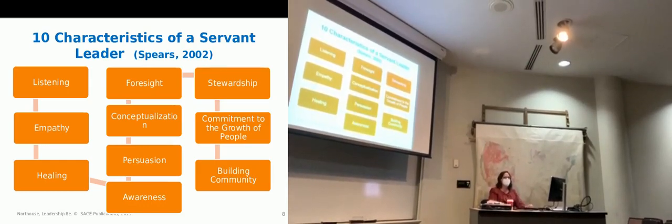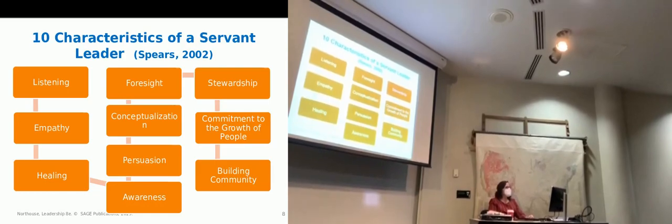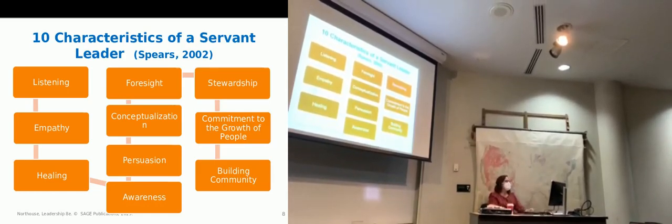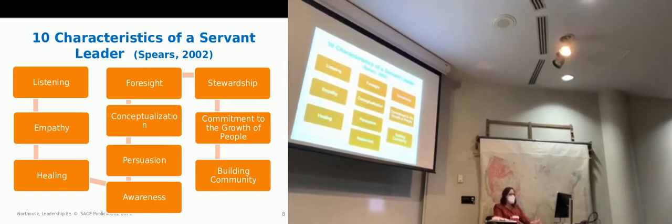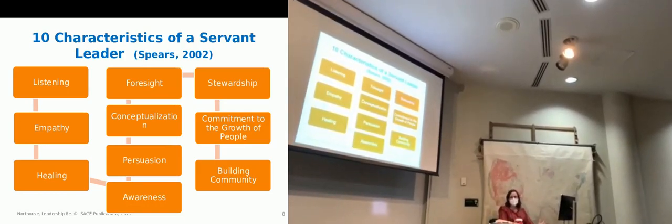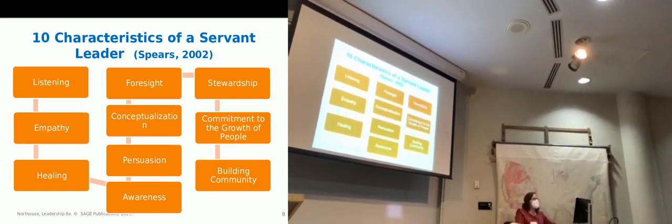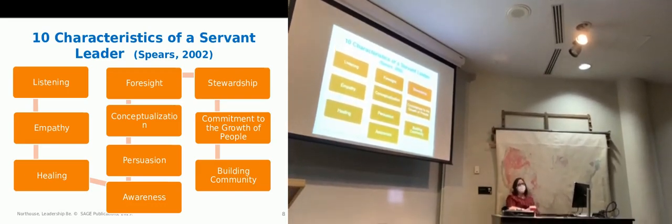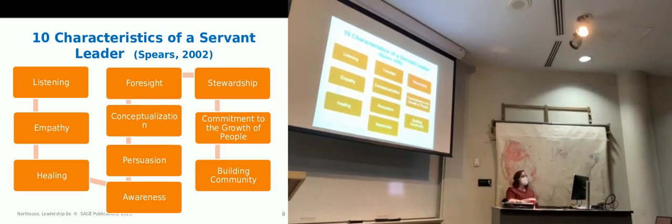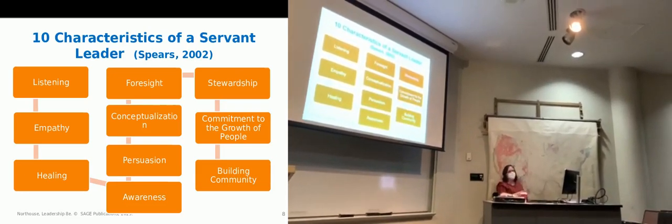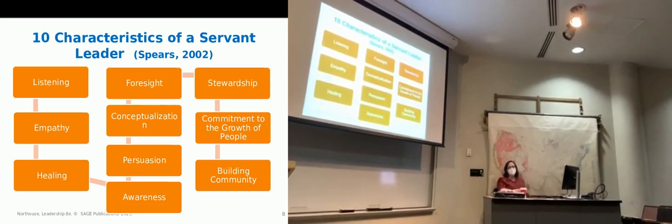If you hear a song on the radio, or see a movie clip and you're like, oh my gosh, this particular person shows 5 of the 10 servant leadership characteristics, post it and tell us about it. That's all you've got to do. How can identifying these characteristics of servant leadership in a song help you do a better job of assessing whether servant leadership is happening around you?